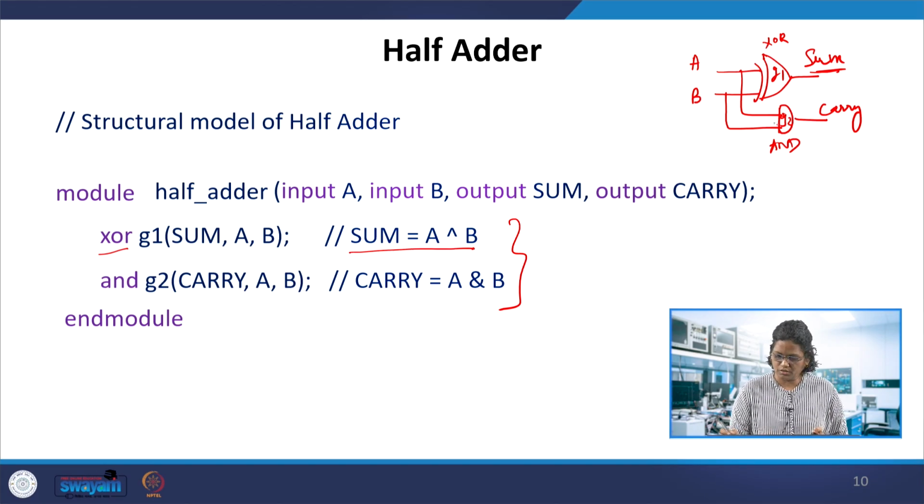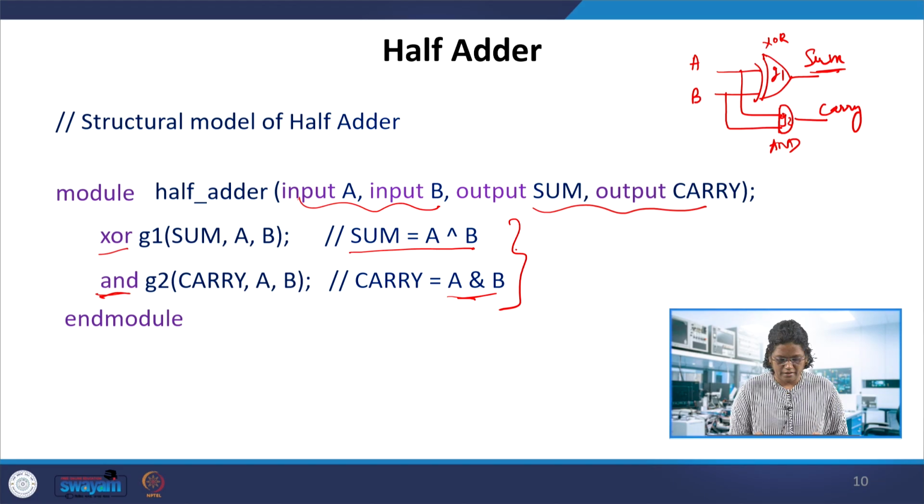G2 with carry, a and b, that is going to be the G2 AND gate. In the data flow or behavioral model, we can use the XOR or AND operators. G1 and G2 are optional, the names given to the gates. How it is connected: a and b are taken as inputs, and there is no line or wire left unconnected here. We have mentioned a, b as inputs and sum and carry as outputs. These declarations can be simplified: input a, b and output sum, carry. It is possible to simplify this code further.